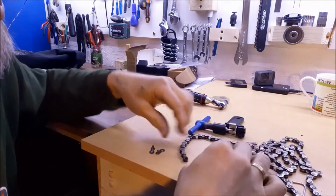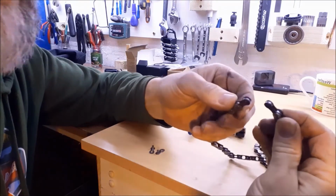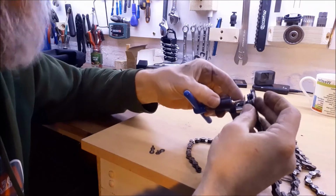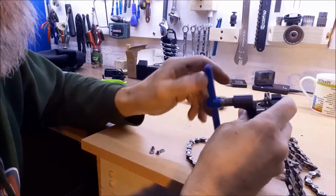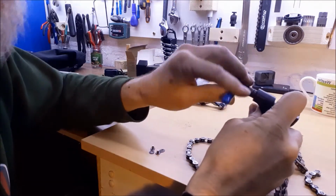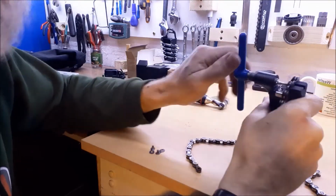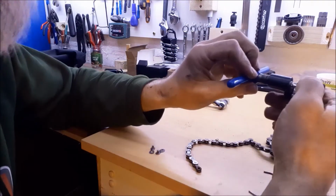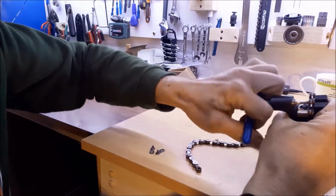Okay, what you need to do is get yourself back to the point where you've got the two ends, the two thinner inner sections, that are undamaged as well, it's worth saying. So you might need to employ your chain splitter to take out as few sections as possible, because you want to keep it to the original length as much as possible. Let's get that pin aligned. There we go. I'm going to take two bits out,